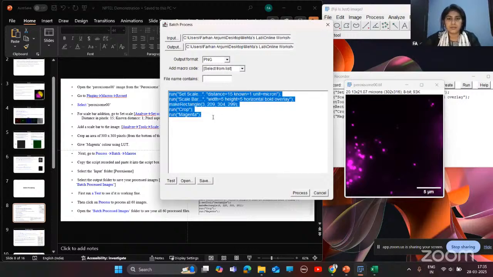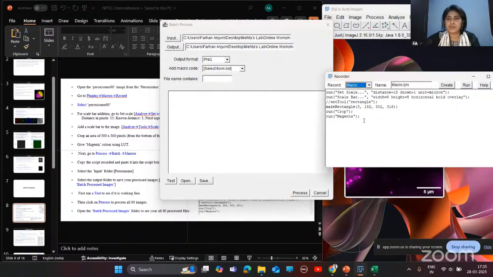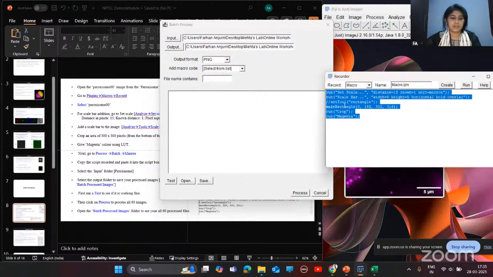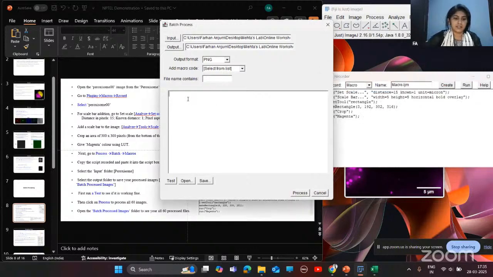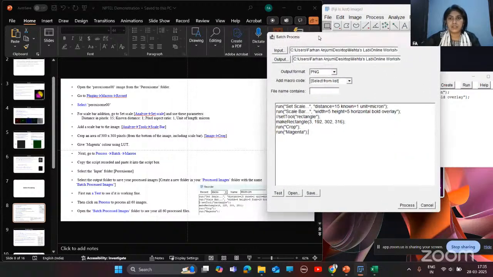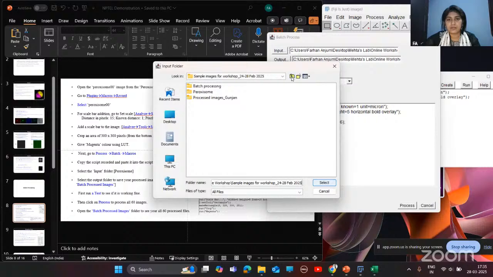So we'll clear all these previous steps, and we just need to copy all these steps and paste them in this batch process window. Okay, and next we'll select this input folder. So here we'll select this proxy zone folder which has that series of images.